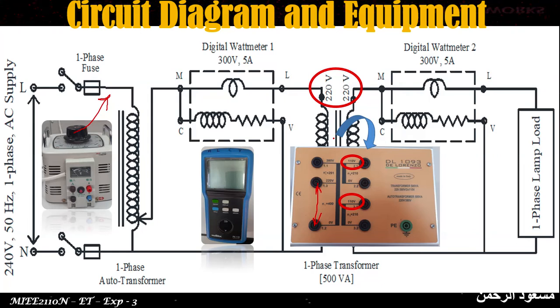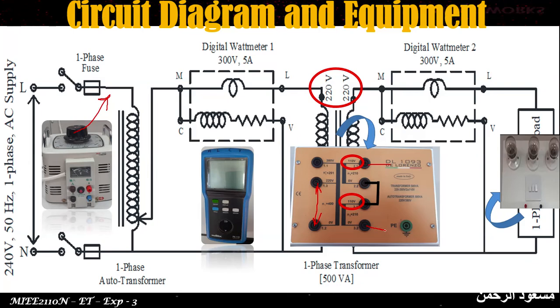So how to connect these 2 coils in series? Just end-to-end connection. The other name for a series connection is end-to-end connection. Connect the first coil output to the second coil's input, like this. Now this point will become 220 volt and this point will become 0 volt. And the last equipment is the single phase lamp load. We have 3 individual lamps controlled by 3 individual switches. By switching each switch, we can switch on the lamp and it will be applied across the secondary side of the transformer we are going to test.